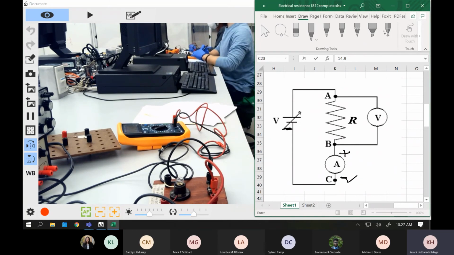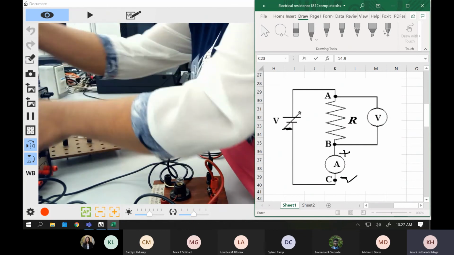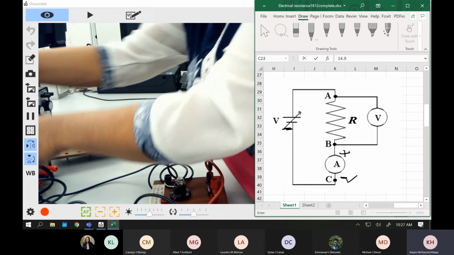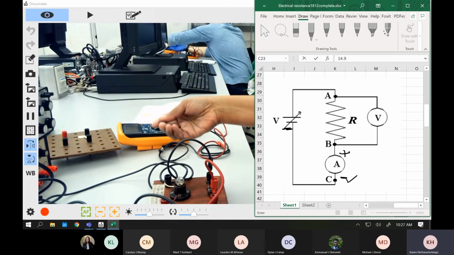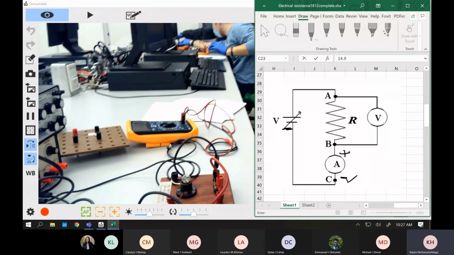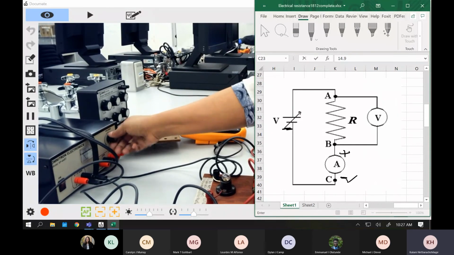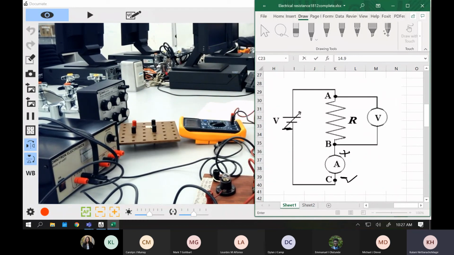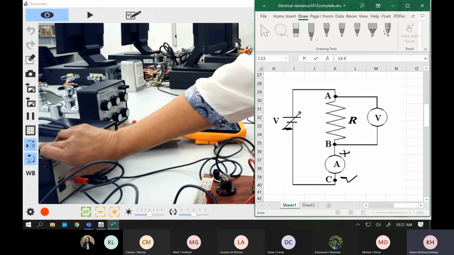Okay, so now we're going to switch on the power supply. You guys can plug your power supply into the power, and then make sure that the voltage knob of the power supply is all the way counterclockwise. It usually should be there if somebody didn't do anything. It works only one way. Push it. Good. So if it is all the way counterclockwise, you can switch on the power supply.